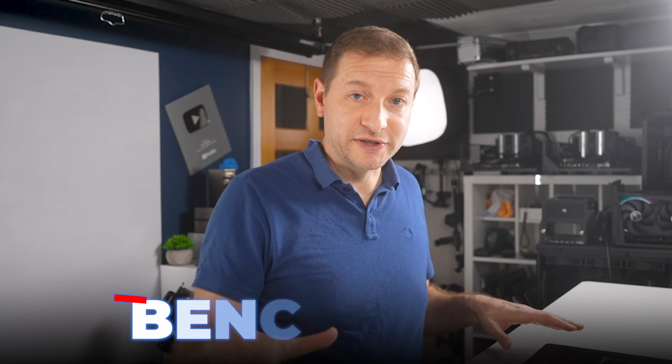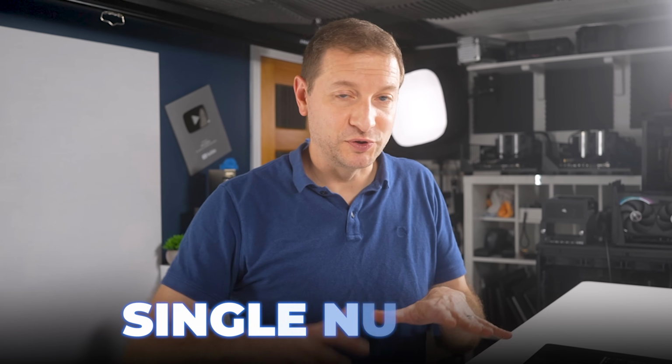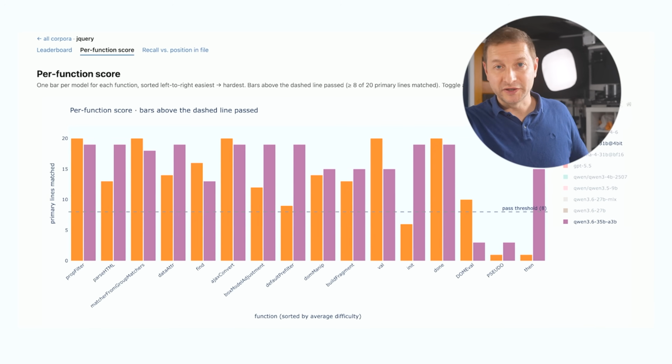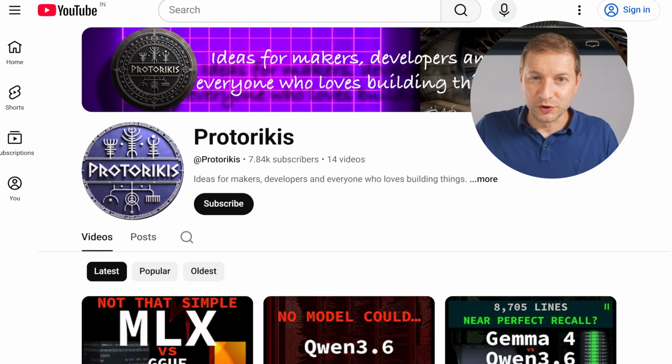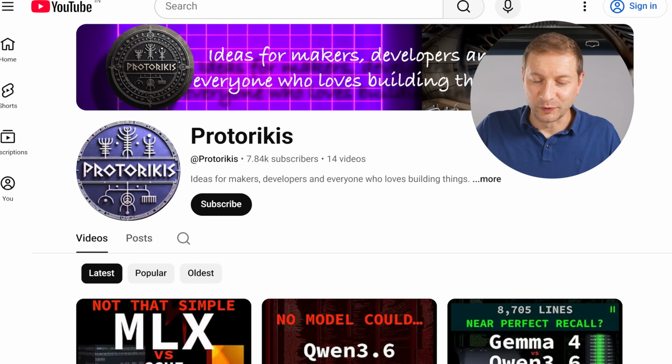What I am telling you is this: don't trust the benchmark that gives you a single number. If you're going to be using an LLM to help you code, run this benchmark on your code and read both columns. One more shout out to the original creator or the inspiration for the idea,